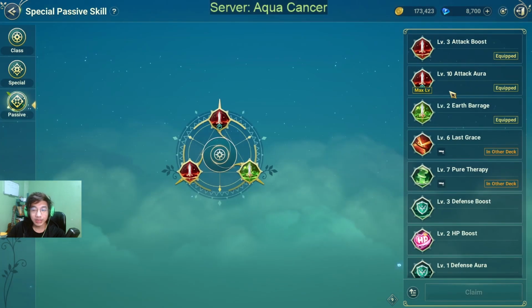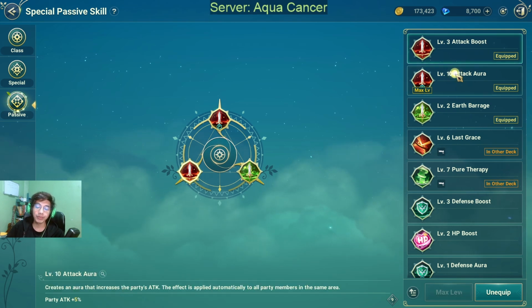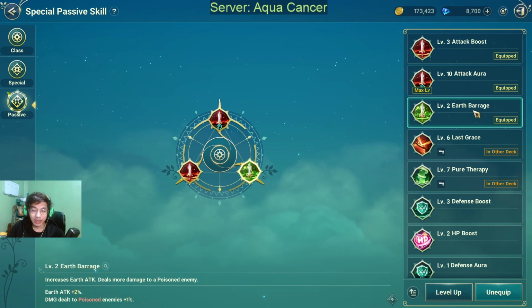Okay, when it comes to passive, attack boost is very important when it comes to hunting. So it gives you a lot of attack. Well, innately, engineers do not have a lot of damage. So this one is one of the most important skills when it comes to PvE. Also attack aura. Okay, right. I was lucky enough to get Earth Barrage. That's why I have very strong Earth attack. So pair this one up with my Natrum Earrings, then I'm really a beast when it comes to fighting against